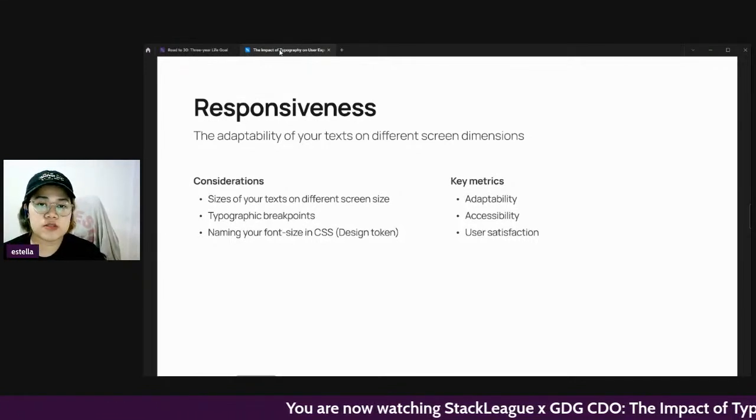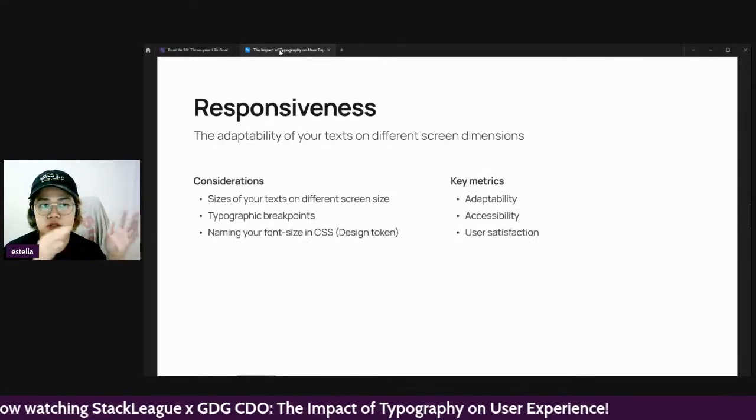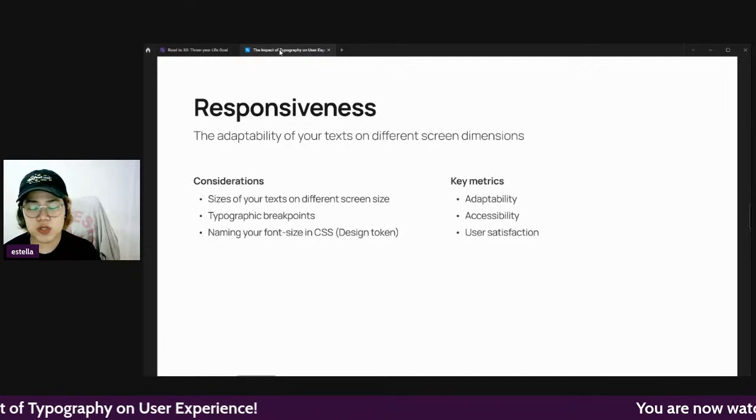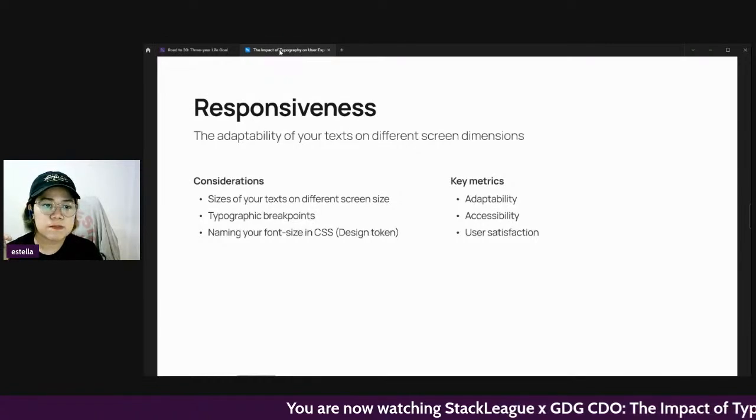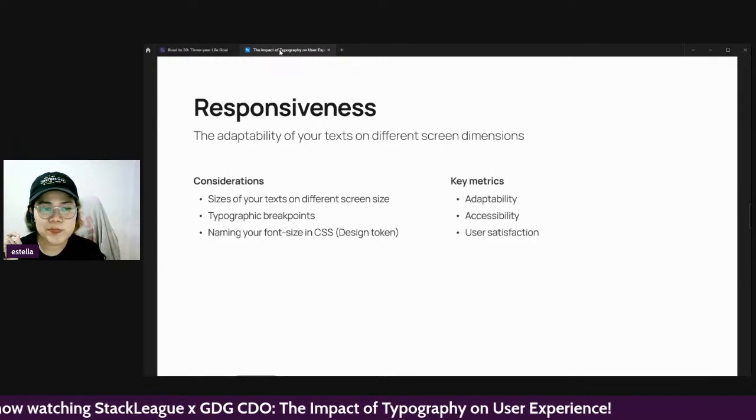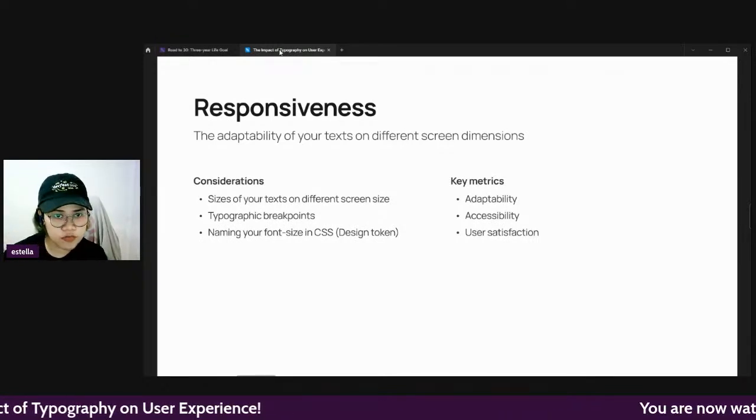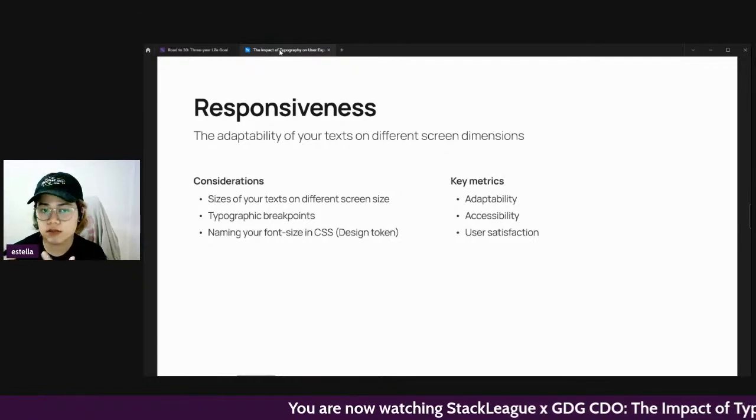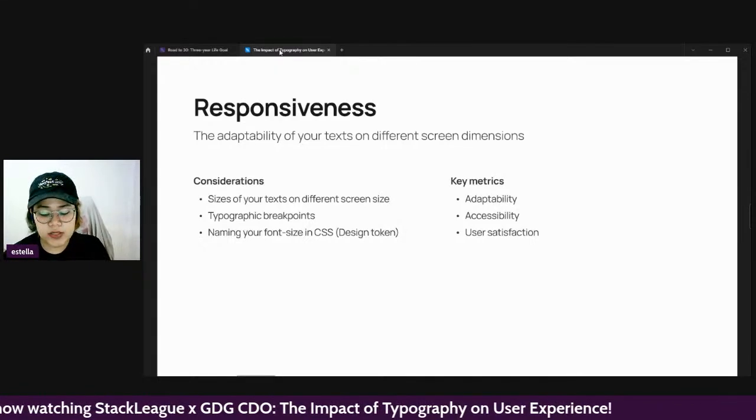When it comes to different screen dimensions, it means from ultra wide, like a 4K monitor screen, to a laptop, like a 1080 laptop, to a tablet, and then the smallest one is the phone. So things to consider are the size, still very important, the typographic breakpoints, which I will elaborate later, and some ideas when it comes to naming, like when designers hand off their type system to developers, such as an overview of the semantic naming when it comes to typography,